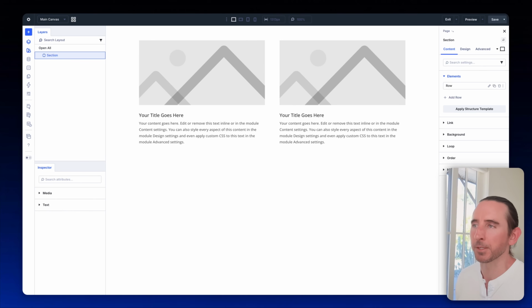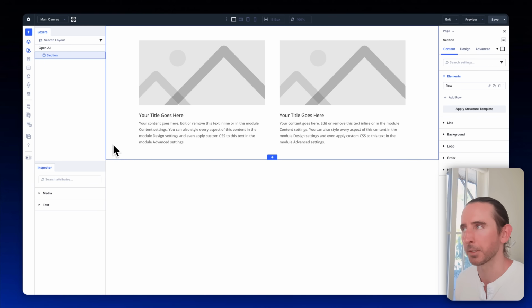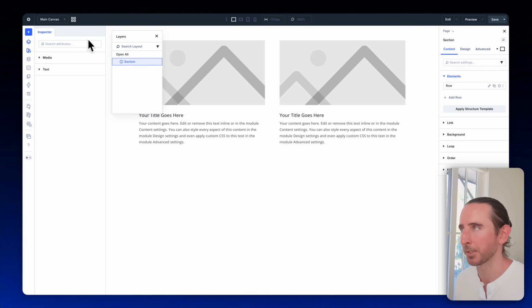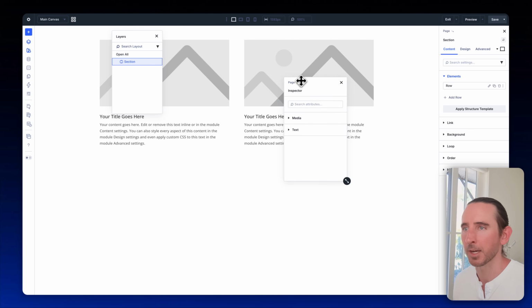My goal with this small screen workspace is to prevent the design from getting squished on desktop, so I can get a good preview of what I'm really working with. And to do that, I don't want anything docked on the left. And so I'm going to take this layers panel and just leave it floating here. And the inspector, I'm going to put that